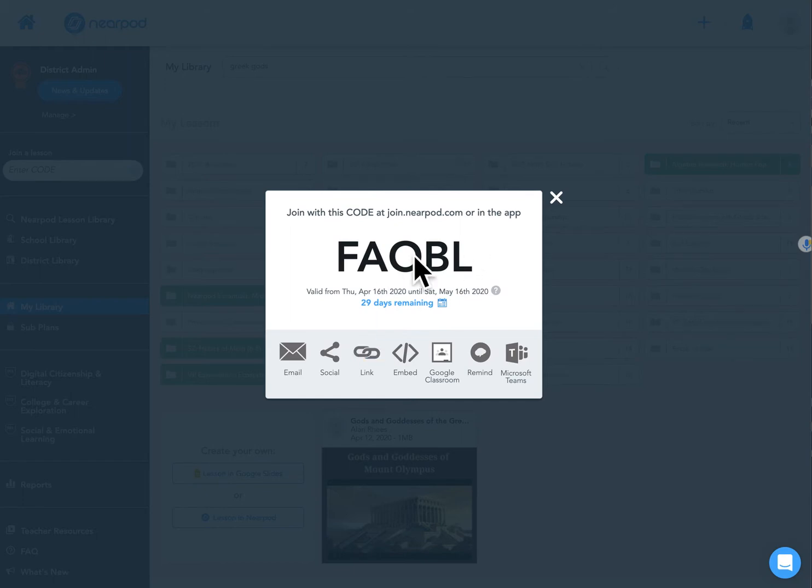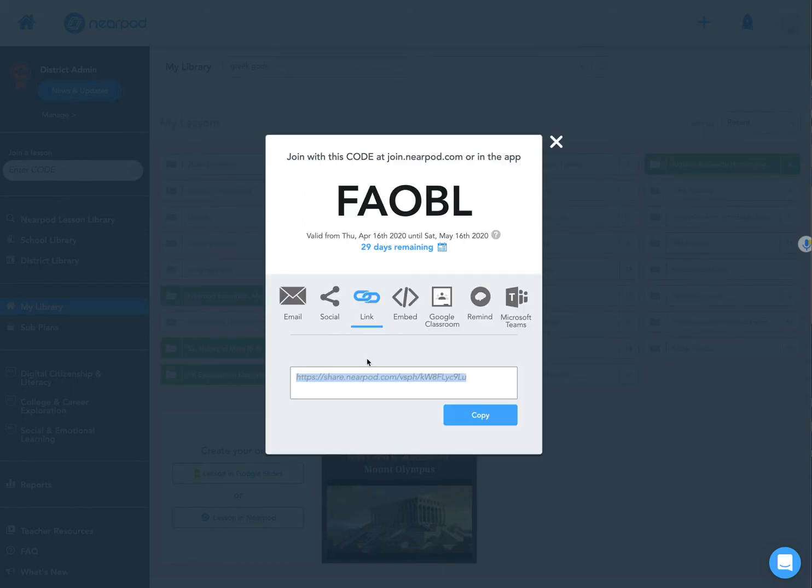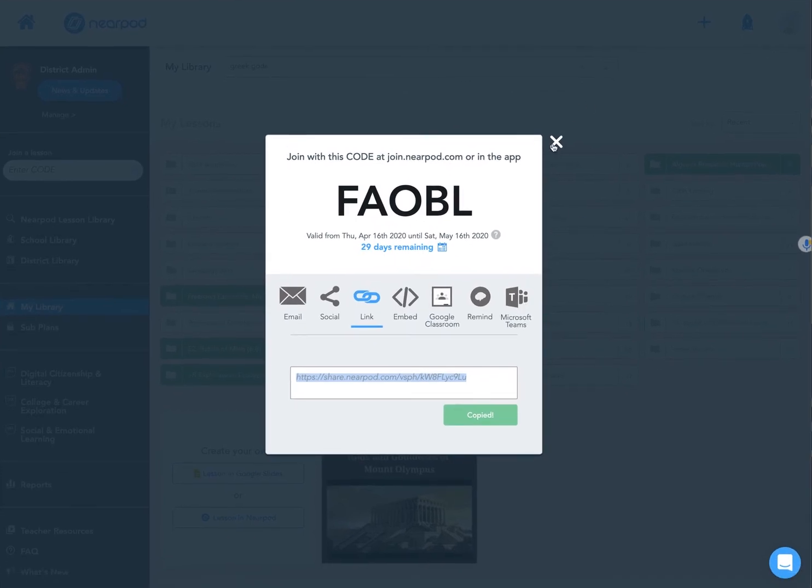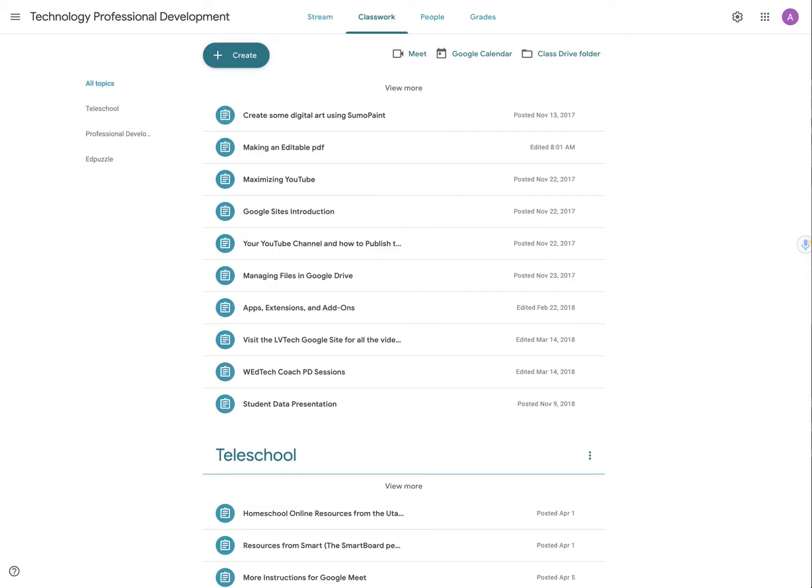Now, I don't need the code. The students won't need that. It gets embedded with this when we choose a standalone activity. So I'll select Link. It generates its own link, and then I will copy that. Okay, so as it copies that, this window will disappear, and then I can jump out to my Google Classroom here that I want to use, and I've already